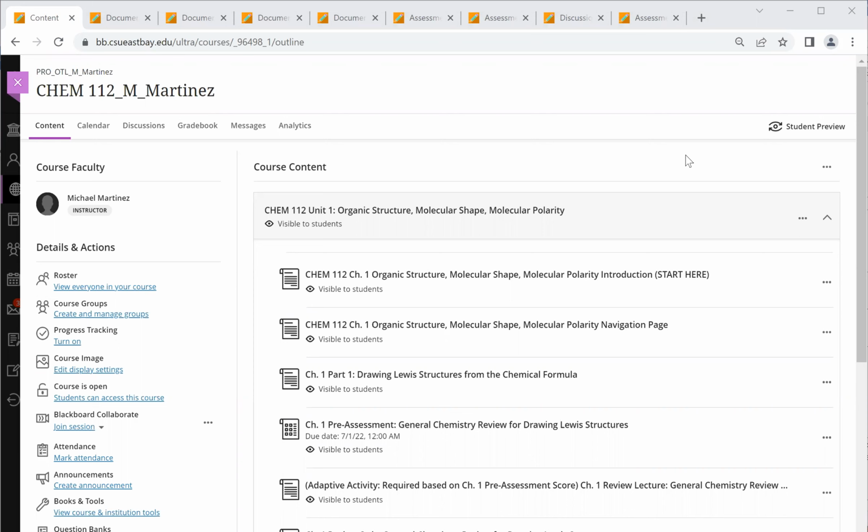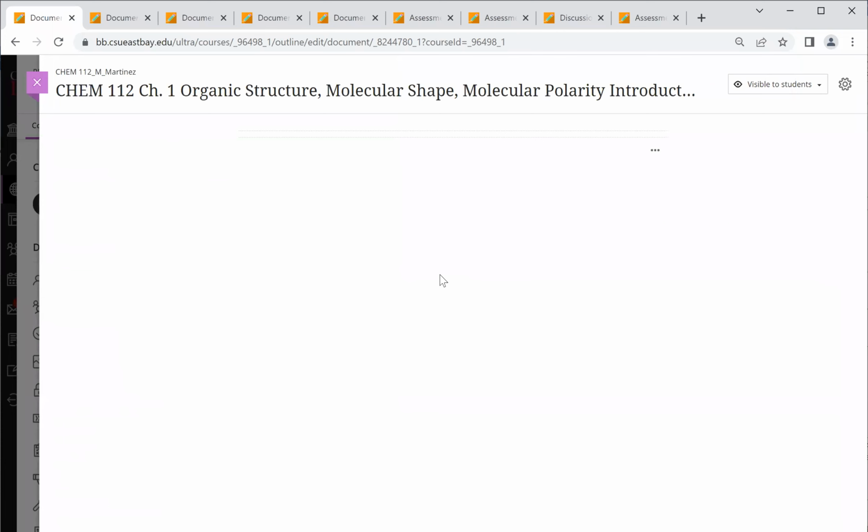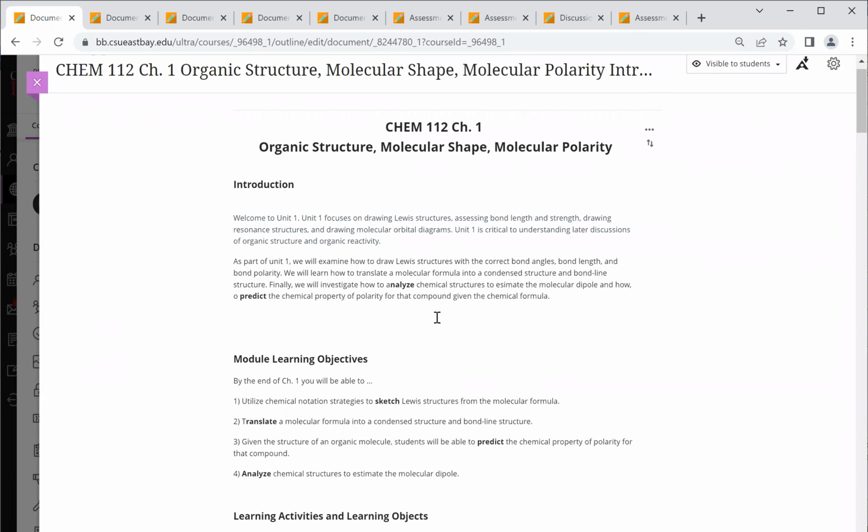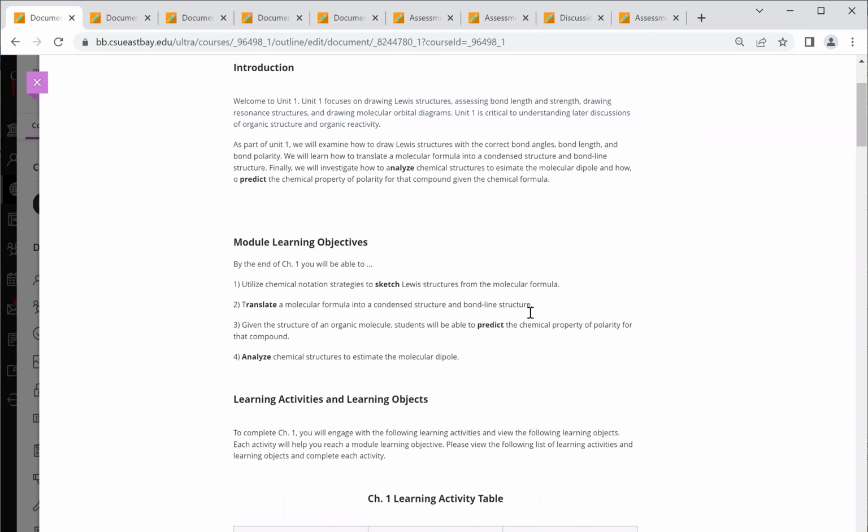So I've started in the main Blackboard course shell and we're going to start looking at this Unit 1 module. In this case, let's click on the module introduction, and Unit 1 focuses on organic structure, molecular shape, and molecular polarity. Now, by the end of Unit 1, we'll be able to utilize chemical notation strategies to sketch Lewis structures